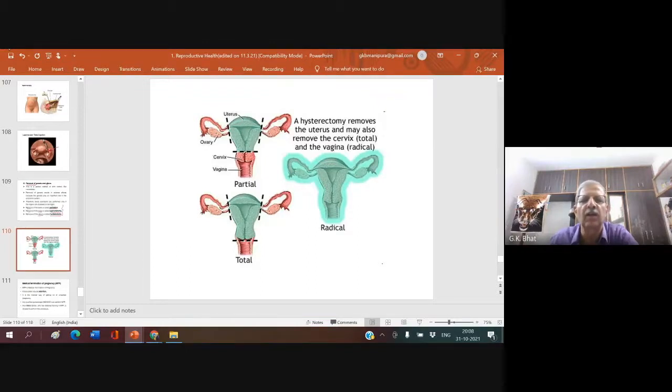Cervical cancer is the most common cancer found in India, and many women die of that. When cervical cancer is seen, if the cervix and uterus are removed immediately, no problem. If it is left unattended, it starts spreading to other parts. Later, it becomes malignant and it may kill the woman.